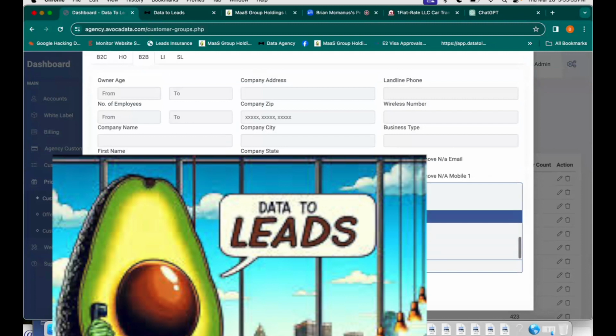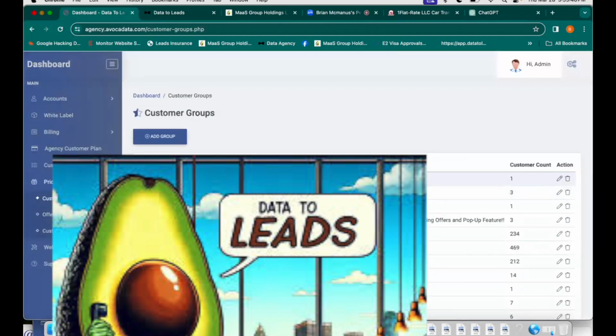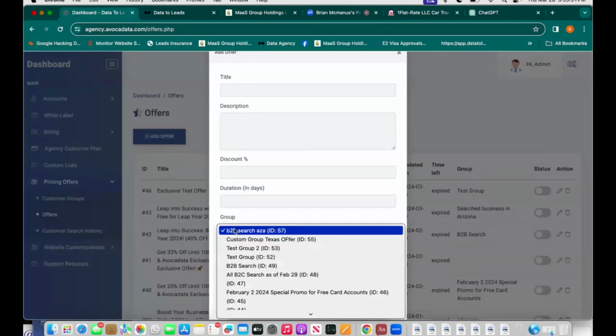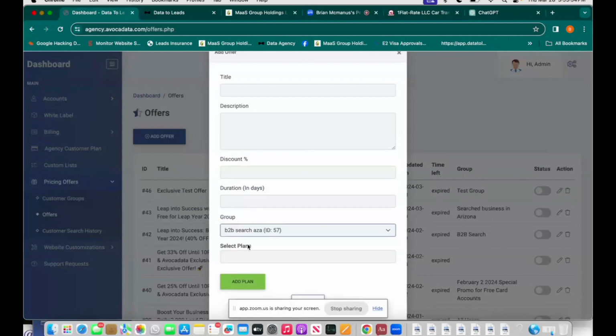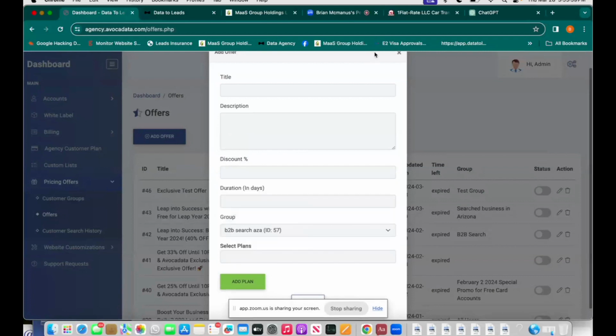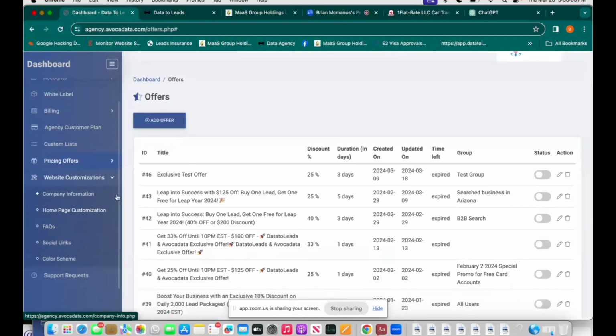So we have the ability to make custom promotions to people who do specific searches, similar to retargeting on Google. If I select this person, I now have a group, and now I have the ability to make an entirely custom offer that goes to that. And you can tie in the plan you're going to do and everything like that. So the whole system is made for customization. It's made to make sure that the people buying it from you are getting the best of both worlds.